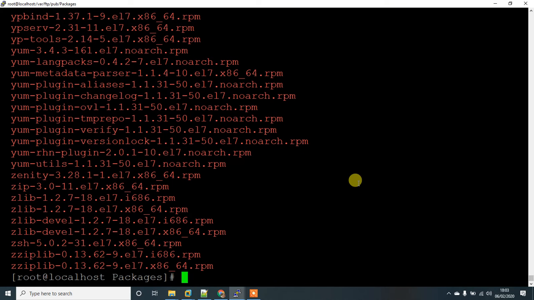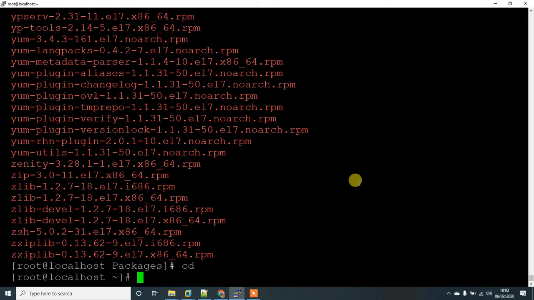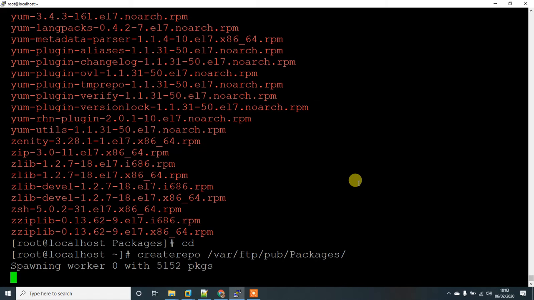Let's create repo. createrepo /var/ftp/pub/packages. Hit enter. Okay, it will take some time for creating this database. By the time,